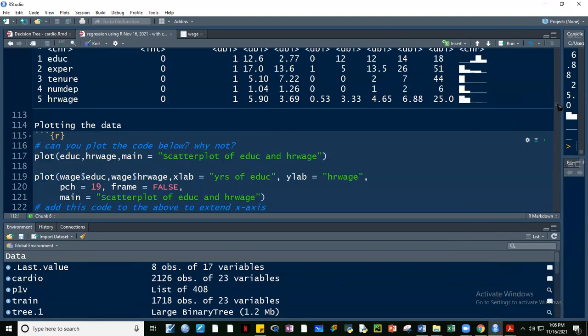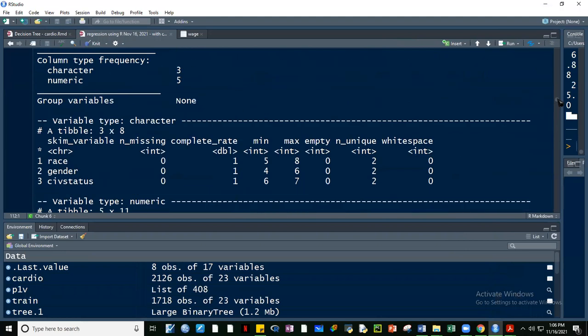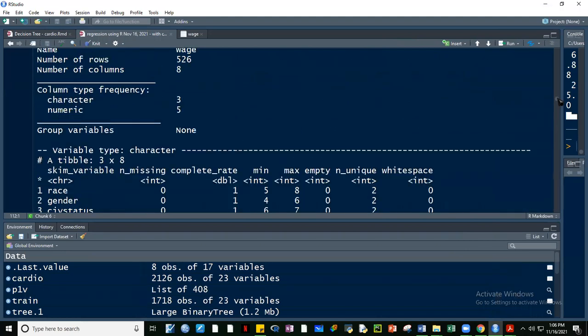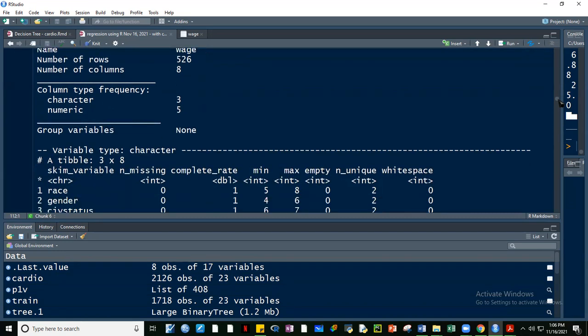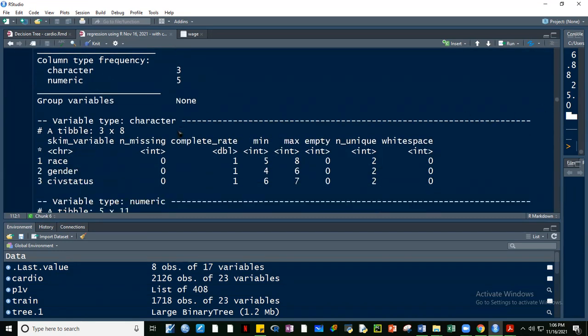Yeah. Okay, so this is the skim function. It also gives us, it classifies yung data natin. Okay? Number of rows, number of columns, name, wage. Okay, ilan daw yung numeric, ilan yung character. Okay, may bilang siya dito. Okay? And then sa character, ito yung mga character variables natin, si race, si gender, si civil status. Ilan yung missing? Okay, ilan yung